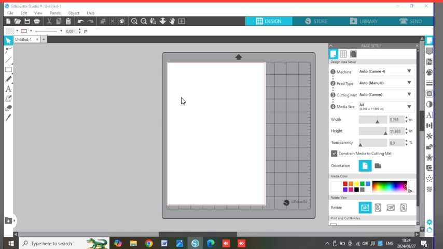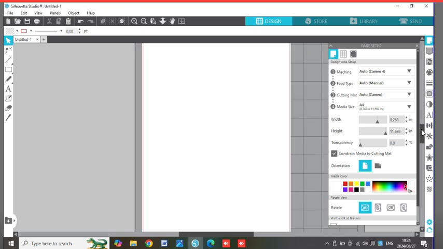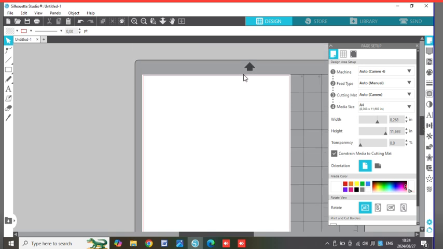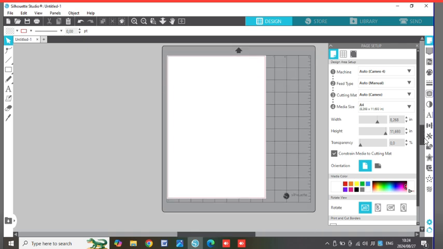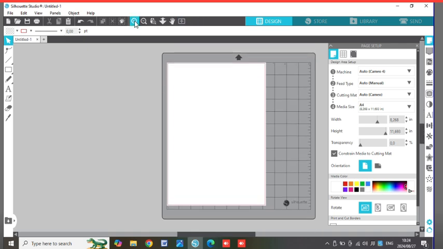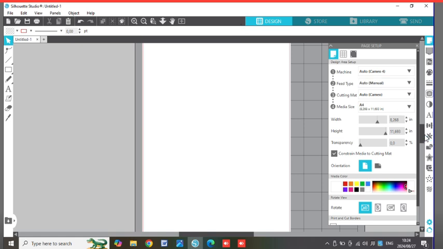So that means anything that you are going to be doing has to fall within this white part. The red part there, let me just zoom it in. If you put anything outside the red part, it's not going to print. So you make sure that your designs are always within the A4 size. But when it comes to marks, the measurements always depend on the mark that you have. I just want to pull it up. Depending on the mark that you have, but now because we have the standard marks, it's always going to be